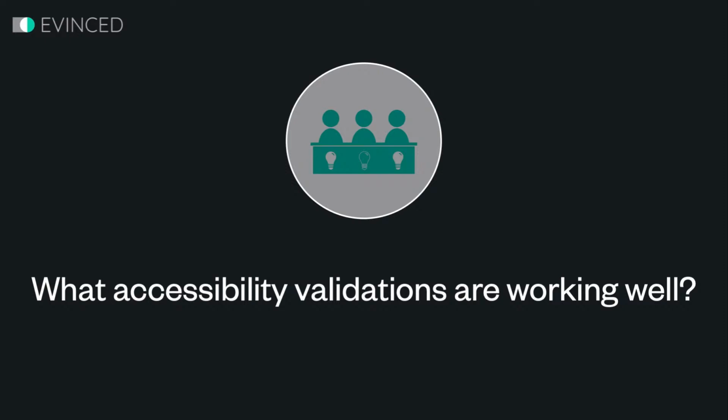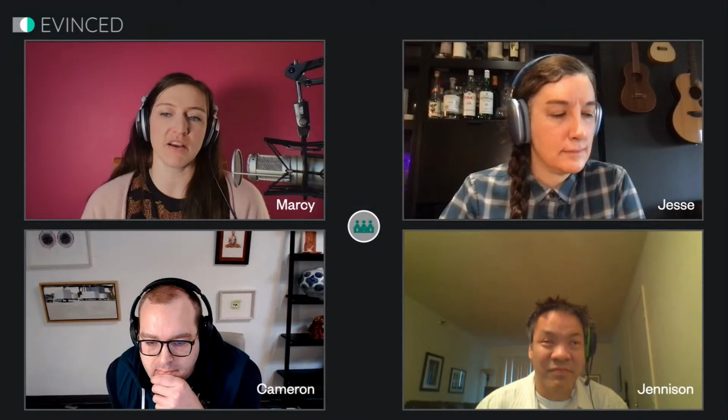Okay, so we're ready to get started with our panel discussion. And I want to start by defining the word validation because we're trying to center our discussion. Accessibility and accessibility automation is so broad, and we have just about half an hour. So I want to start by defining validation to set up our first question. Validation meaning a procedure used for checking that a product, service, or system meets requirements and specifications. For accessibility, we have the Web Content Accessibility Guidelines, or WCAG, with its success criteria, some of which can be validated automatically and some which can't.